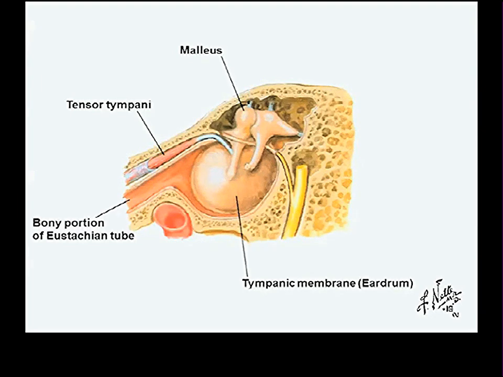So the feeling is that the tensor tympani contracts when you speak to dampen the amplitude of the low frequency components that get to your cochlea, so that your cochlea is better able to process and discriminate the higher frequency components of your speech, and you're better able to understand yourself, what you are saying. Maybe that's true, maybe it's not, but it's a good explanation.